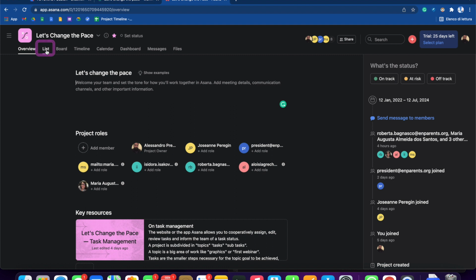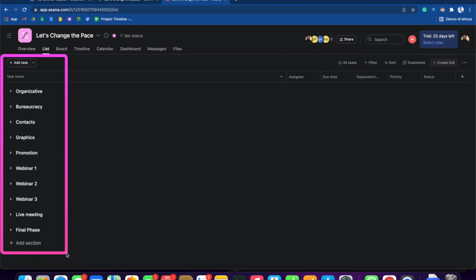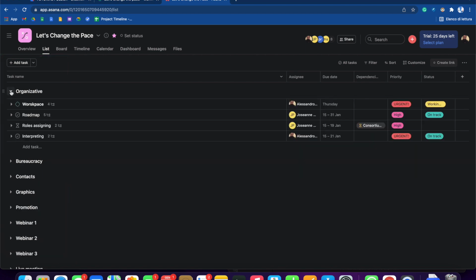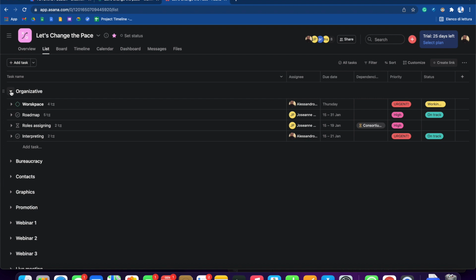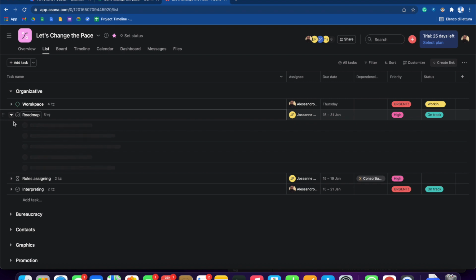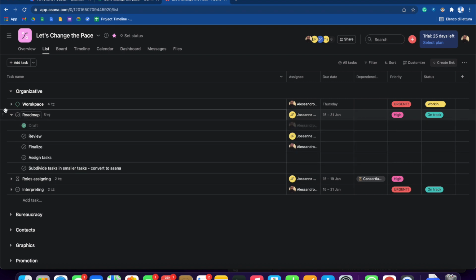The most important page is the list. Once you enter the list, you will see a list of categories. Each category contains a series of tasks. Tasks can contain subtasks that are necessary for the completion. Every task or subtask can have a name, an assignee,